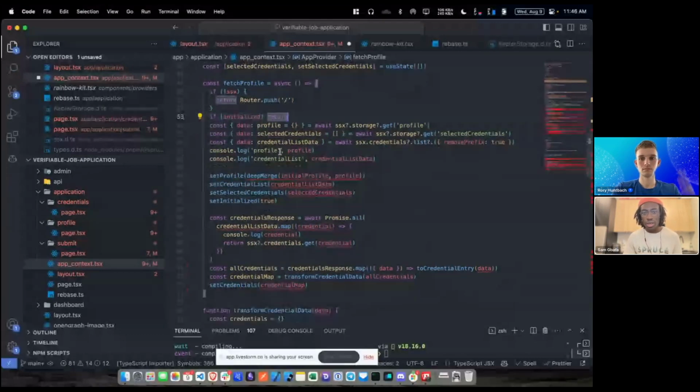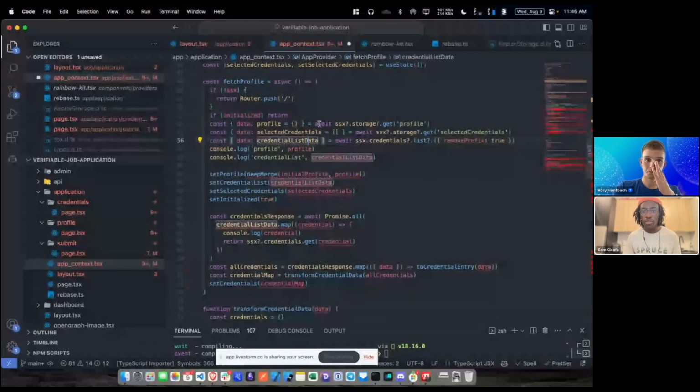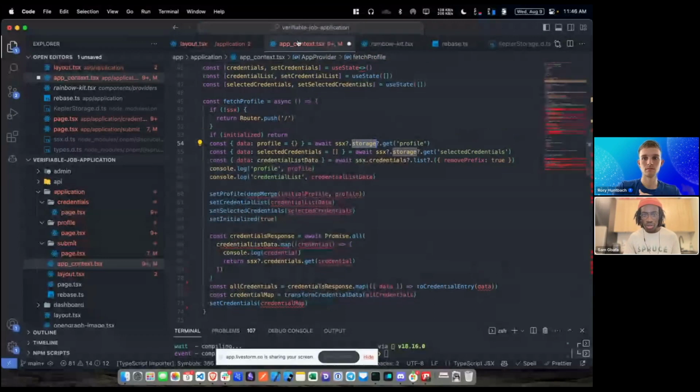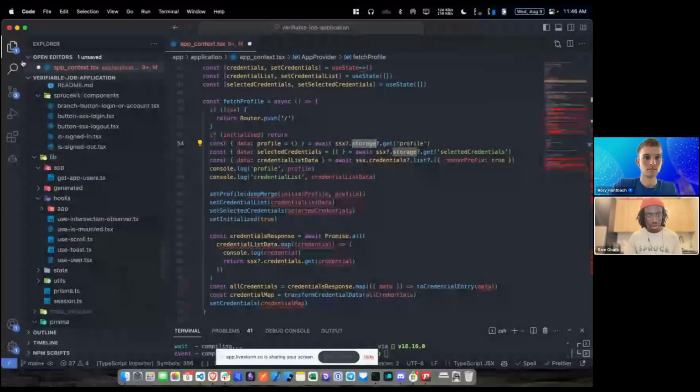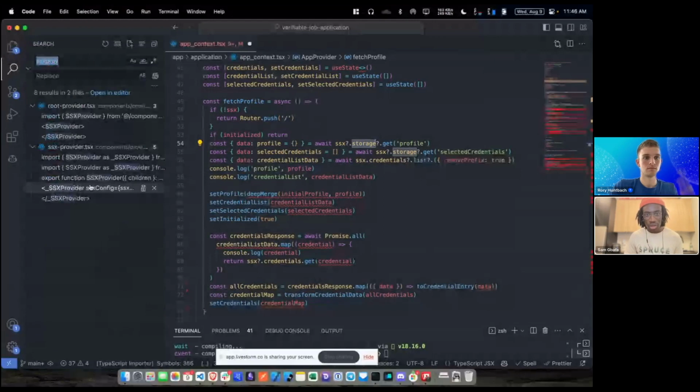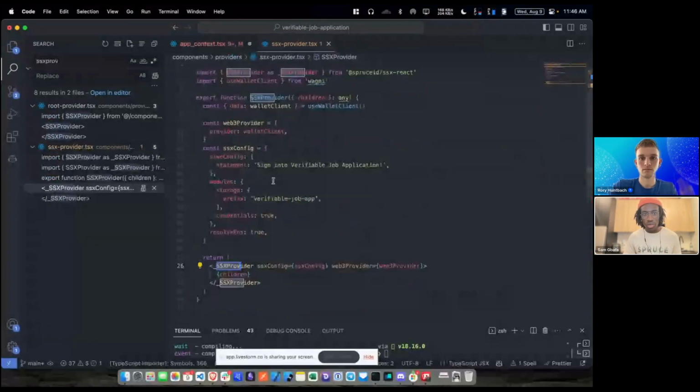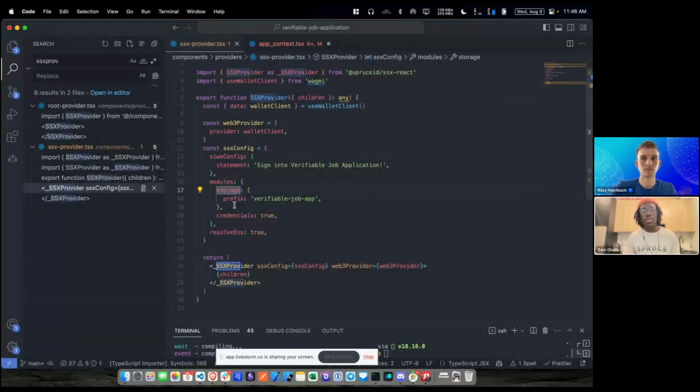And then we do ssx.storage.get profile. Let me close others and open up where the provider is, SSX provider, so we can look at both the config and what it enables. Because we have storage and because we specified the prefix, we're able to